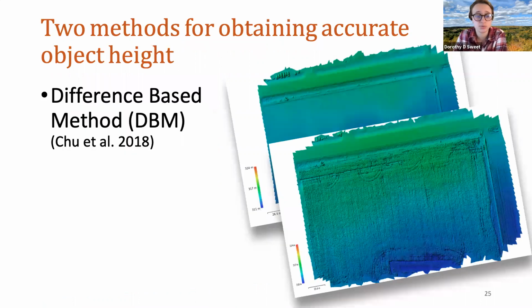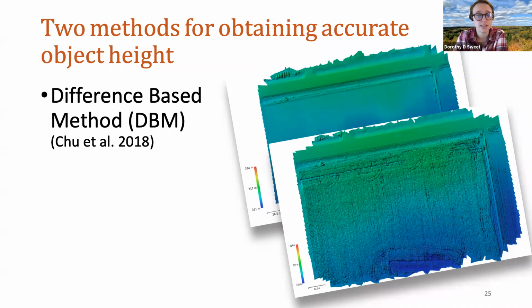So the first of these 2 methods is the different space method, which involves collecting a flight either before the crop comes up or after the crop is harvested. This flight is called the ground flight and serves as all the ground pixels for your data flights. A script is written to subtract those ground pixel values from the pixel values of the data flight after other